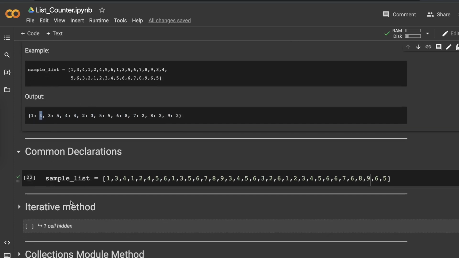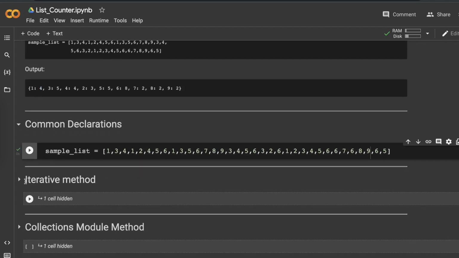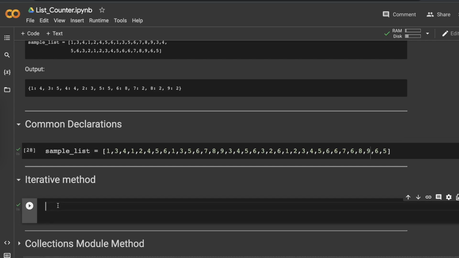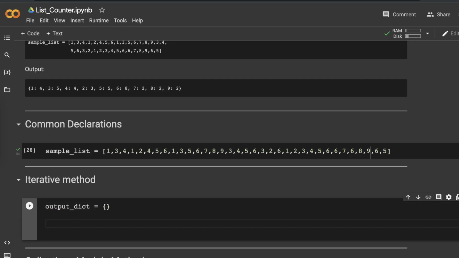So we have copied that and we have done the common declaration over here, sample list. So there are two ways, one is iterative and another is collection module method. To do the iterative method, we have to create an empty dictionary that we will use to store our key value pairs. And now we will iterate through the list. So for i in sample list,